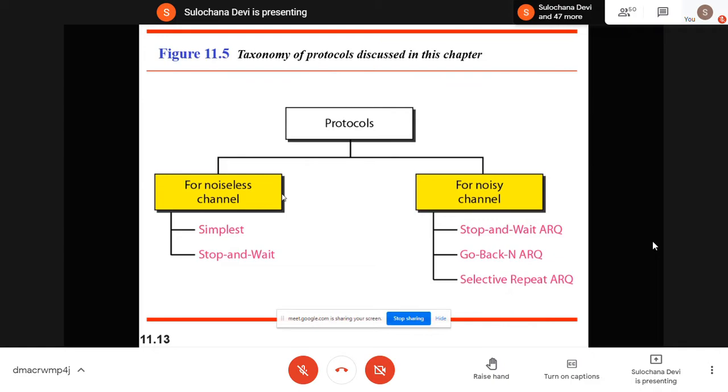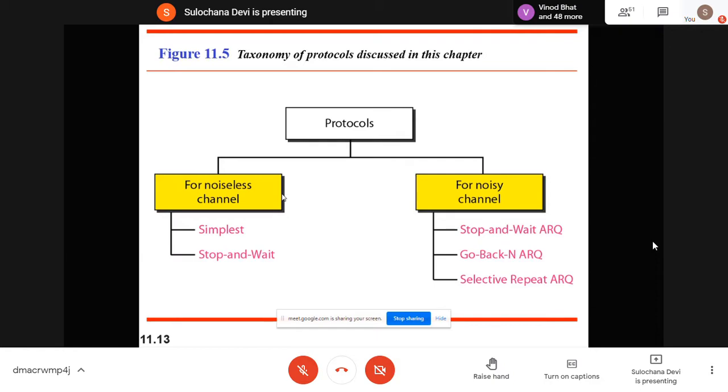Whatever you are sending is received as it is. So there is no chance of retransmission, because your data is not lost. So why would you retransmit? There is no ARQ, automatic repeat request.